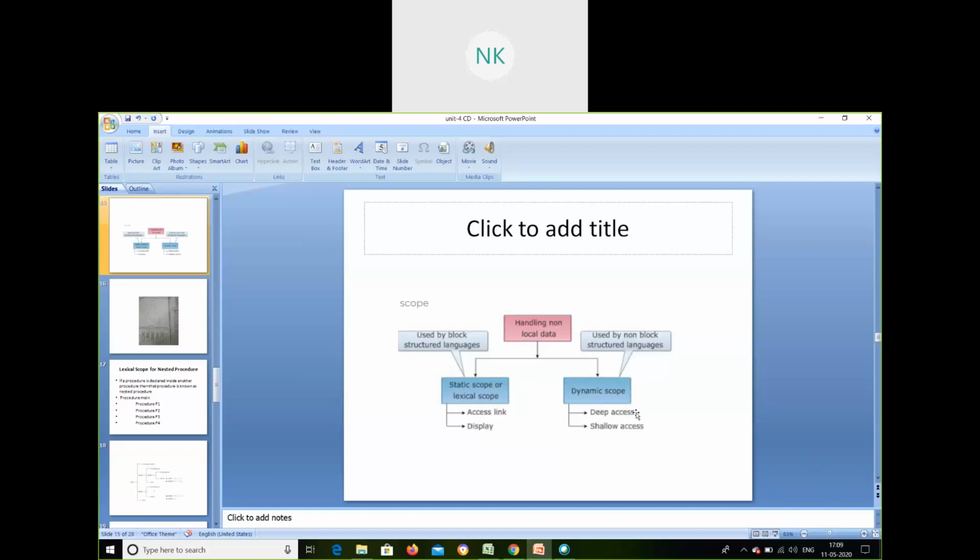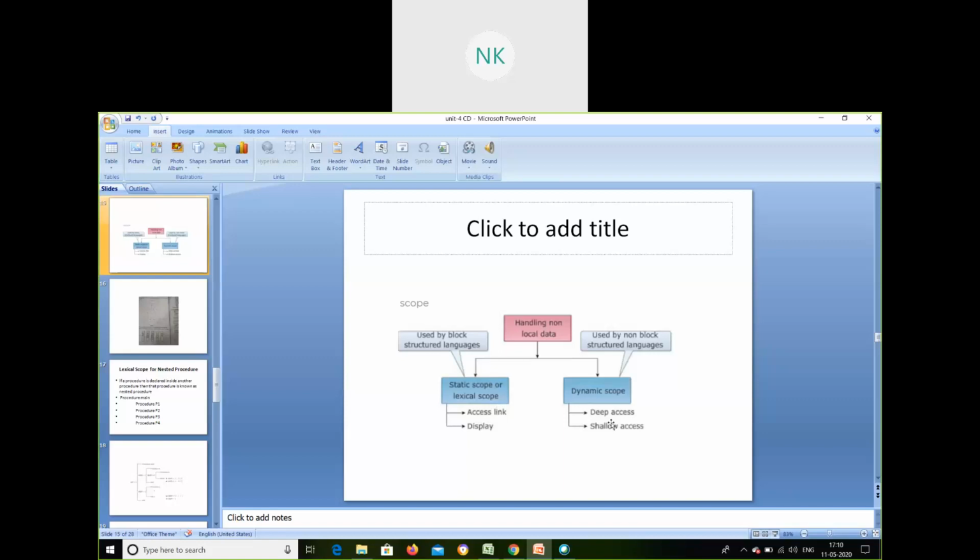So it keeps track of active variables instead of access links. It will not have an access link for that. Instead of access links, it will have a control link in deep access. The complete program will have a control link, not an access link. So those variables will be saved in that.